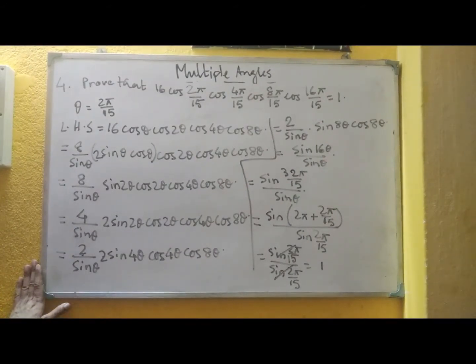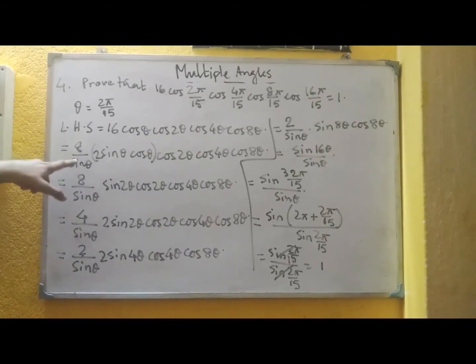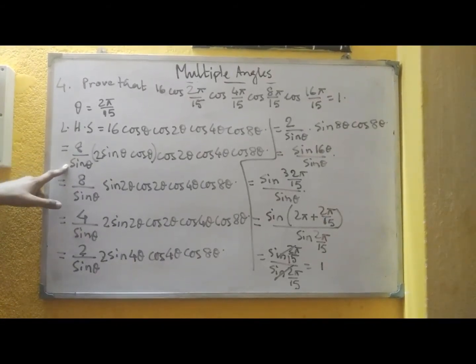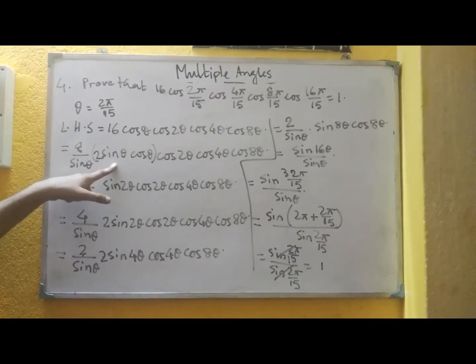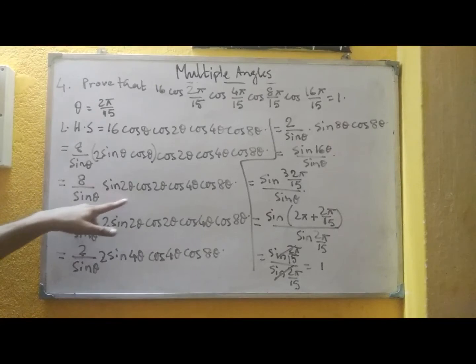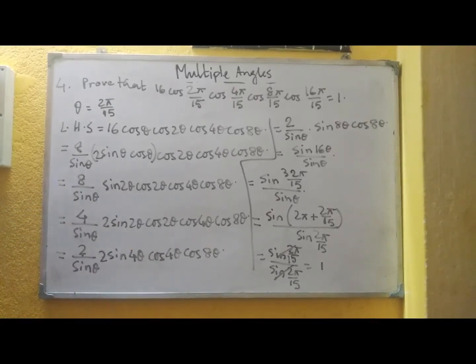It's a very important sum. See the steps very carefully. Understand these steps, why we are multiplying by a sine and dividing by a sine, so that we can bring the formula of sin 2 theta, and once it is applied, in every step we can apply the same formula, taking a 2 factor, and the expression will come like sin 2 theta cos 2 theta, that will become sin 4 theta. Again it is 2 sin 4 theta cos 4 theta, that will become sin 8 theta, and so on.